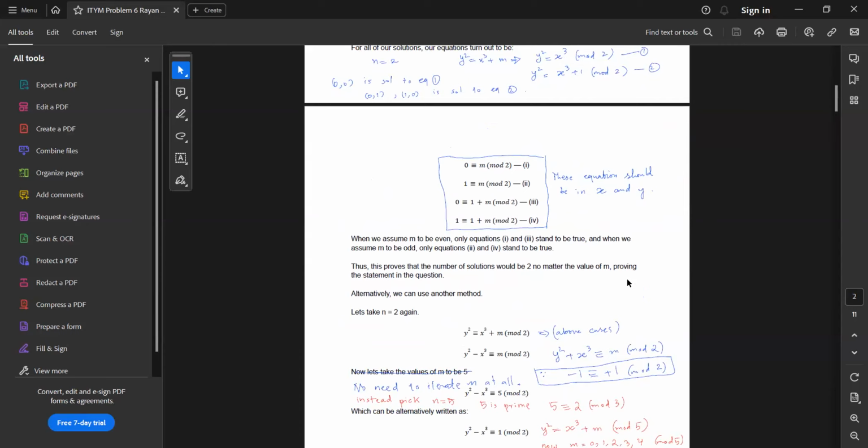Now we have to show that the value of m does not matter, basically the number of our solutions does not depend on the value of m। सही है। तो फिर इसके अंदर बिकॉज हमारे पास mod 2 है और mod 2 के साथ हमारे पास बेसिकली 2 पॉसिबल सोल्यूशन होती है ना, या तो 1 या 0। तो whatever the value of m is, let's say for example m is even, तो हमारी जो इक्वेशंस 1 एंड 3 हैं दोज विल बी ट्रू, and if m is odd then our equations 2 and 4 stand to be true। तो टेक्निकली दोनों दफा दो दो सॉल्यूशंस हमारे पास करेक्ट आती हैं।